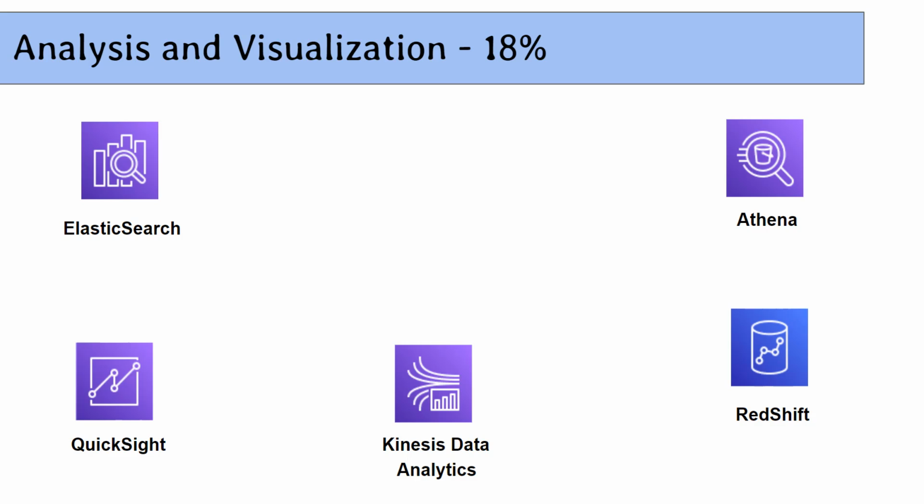As per my experience, when you get a question on visualization with analysis, it would most likely be Kibana and ES. But if you get a question on visualization with machine learning included, then the answer would be QuickSight because of its inbuilt capability. So you may get a question that you want anomaly detection and you want visualization on the data, but you want to reduce the cost. So you should choose QuickSight, because why create different ML models when you have inbuilt functionality in QuickSight, right? So pay close attention, guys, to the questions.